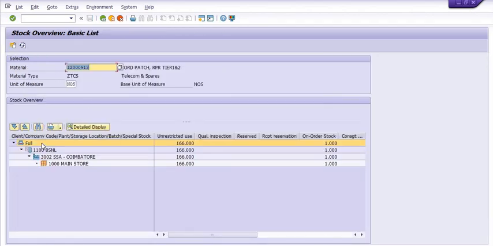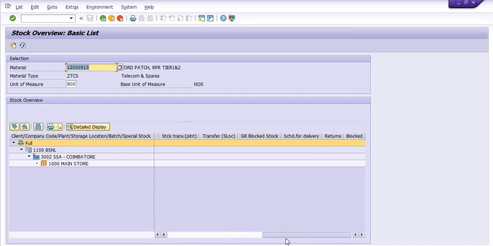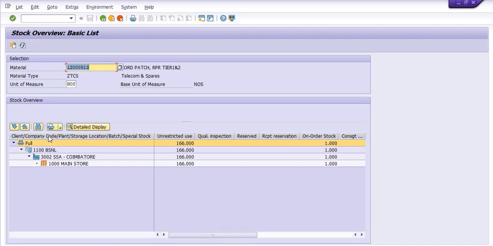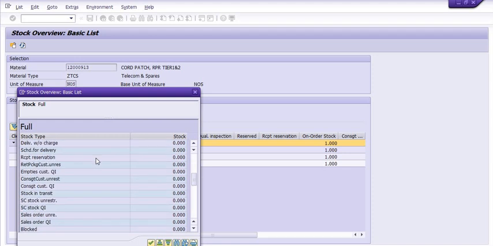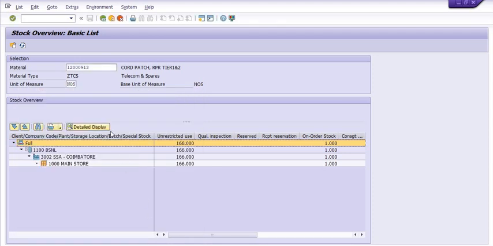See how you can check the data from MMBE: full quantity 166, in SSA Coimbatore in the main store. These are the data of this material, and if you click on detail display, the system will give you the data of the production orders and all things.